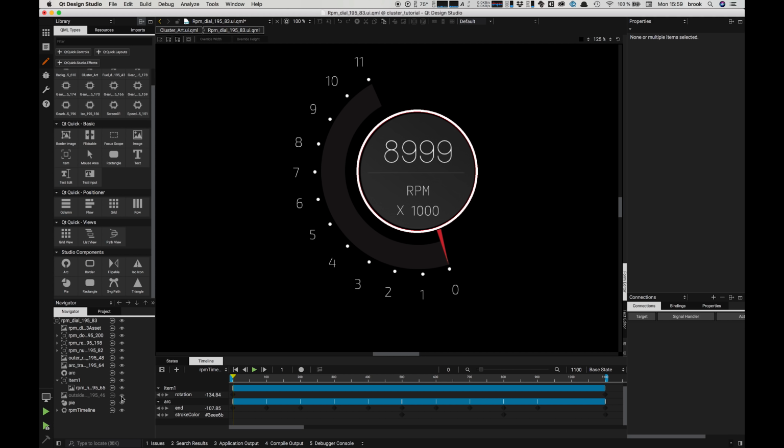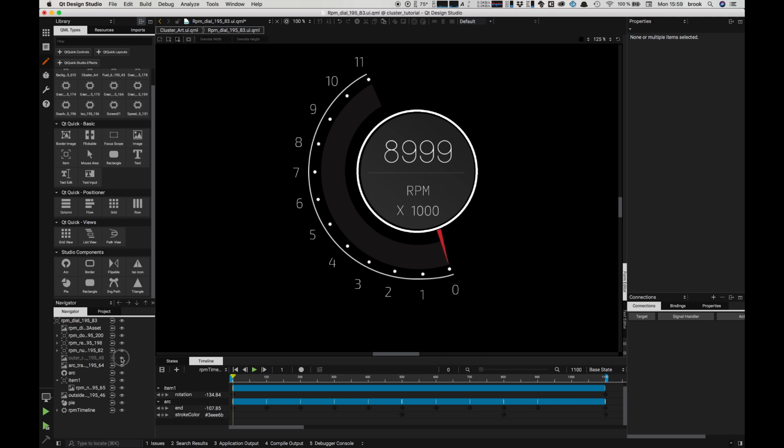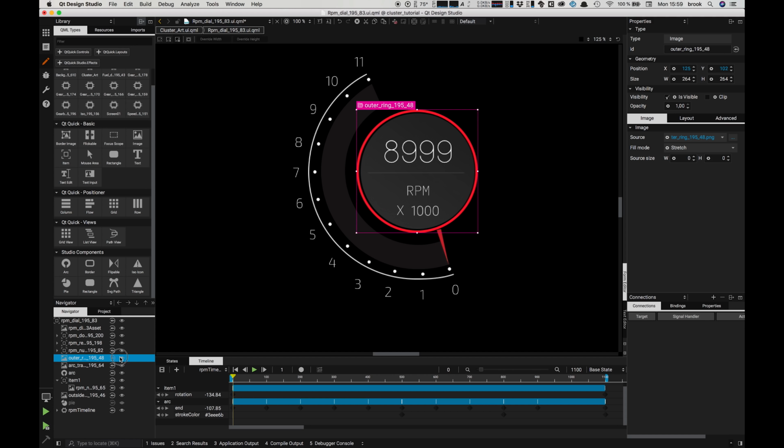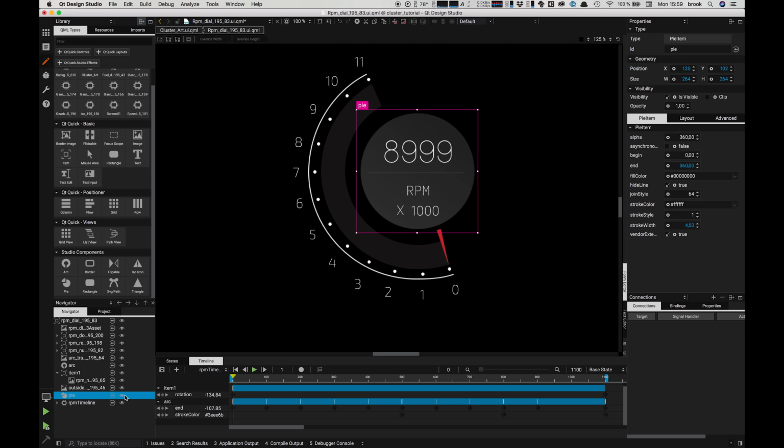Okay, so now we have to look for the original artwork because we're going to delete that as we don't need it anymore. So that's this layer here. Let's just hit edit and delete, remove it from our scene, and we can turn this pie back on. And now we're just going to repeat the process that we've just done for the arc and animate the colors across the timeline so that they match up exactly with the colors on the arc. So we'll turn the record button back on,